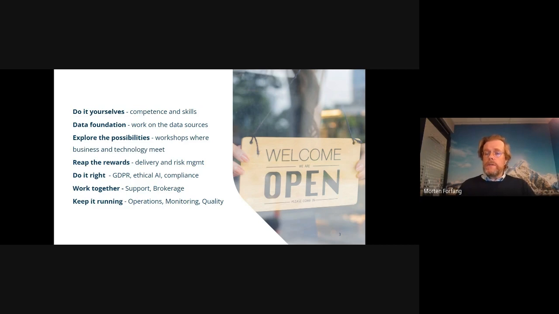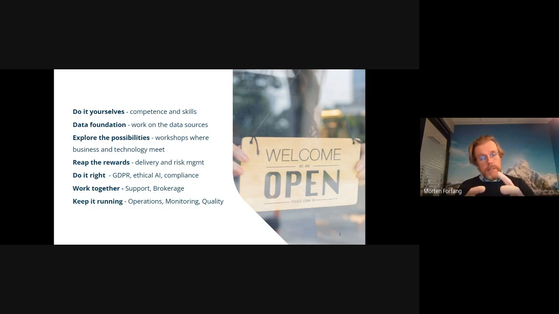And then there was this thing about when you build that Eiffel Tower and you want it fit for purpose. How do you do that? So we run workshops, we work together with our clients and try to get some people that are business knowledgeable and some people that are technology knowledgeable and domain experts.